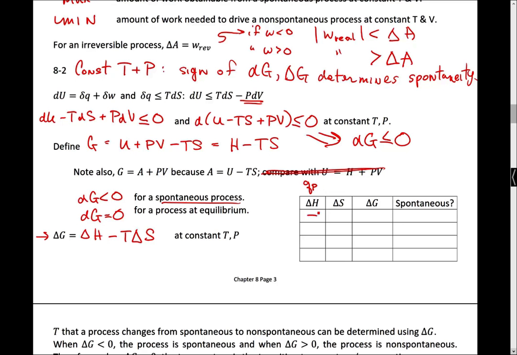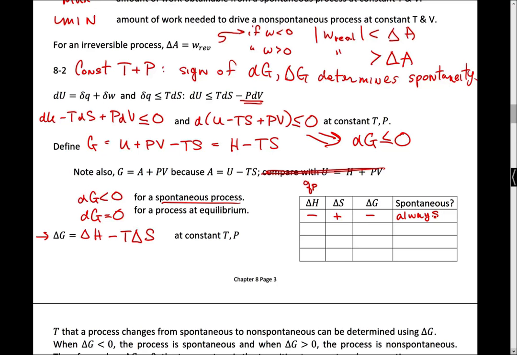And if I want delta G to always be negative, what does delta S of the system have to be? It always has to be positive. So under those circumstances, delta G is going to be negative, and it's always spontaneous. Step back. This says I have a reaction or process that produces heat. We call that exothermic, and it is accompanied by an increase in the entropy of the system. That will always be